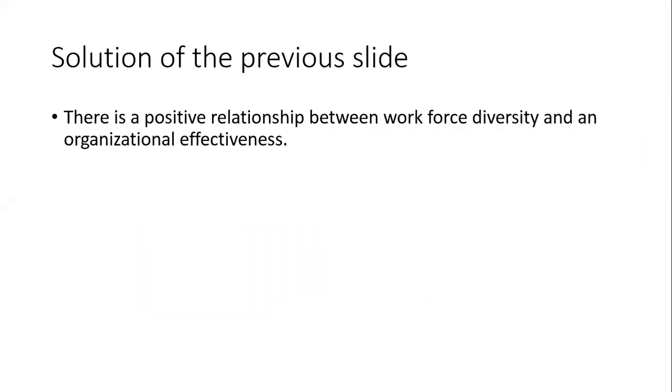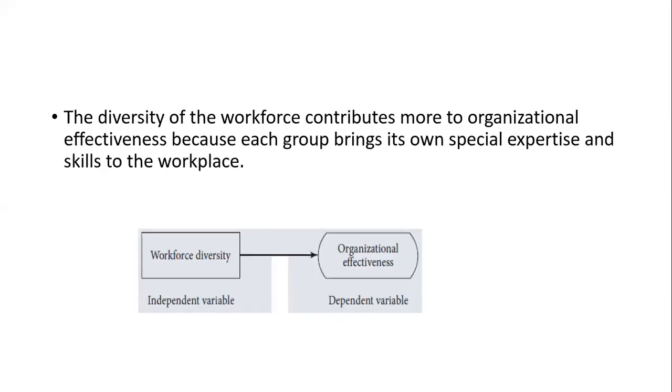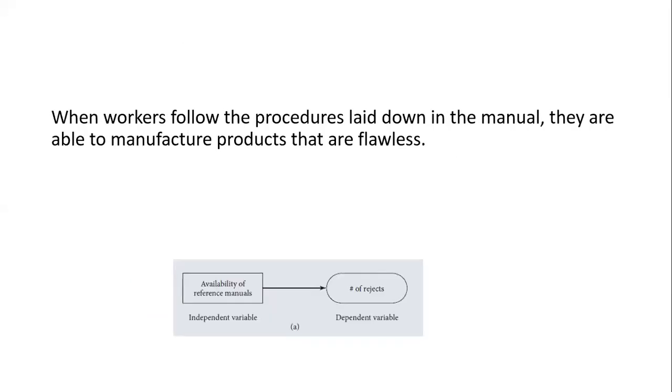ठीक है जी, ये है इसका पॉजिटिव रिलेशनशिप है। जो मैंने बनाया है ये भी एक वे है, और अगर किसी ने इंक्रीजेस का वर्ड लिख दिया वो भी सही है, गलत नहीं है वो। There is a positive relationship between workforce diversity and the organizational effectiveness। ठीक है, तो कॉन्सेप्ट क्या है? ये डायरेक्शनल हाइपोथेसिस है। ठीक है, और दो वेरिएबल हमारे वर्कफोर्स डाइवर्सिटी और ऑर्गेनाइजेशनल इफेक्टिवनेस। अच्छा जी, अब एक और प्रैक्टिस क्वेश्चन है, जल्दी से इसको करें। इसको करें फटाफट।